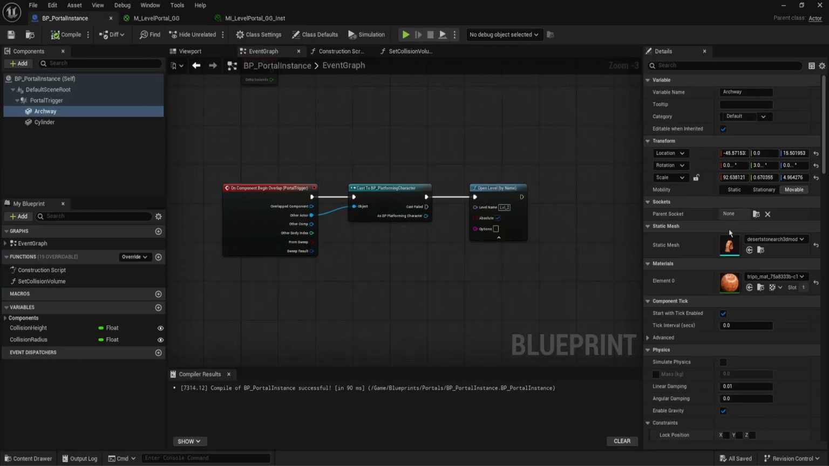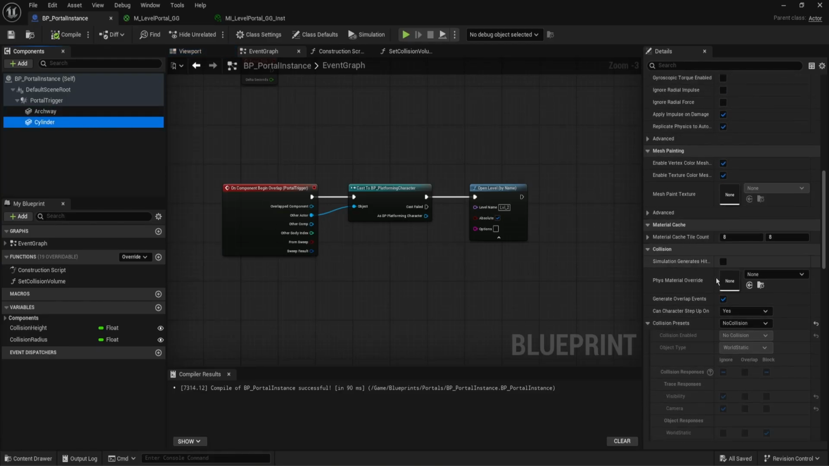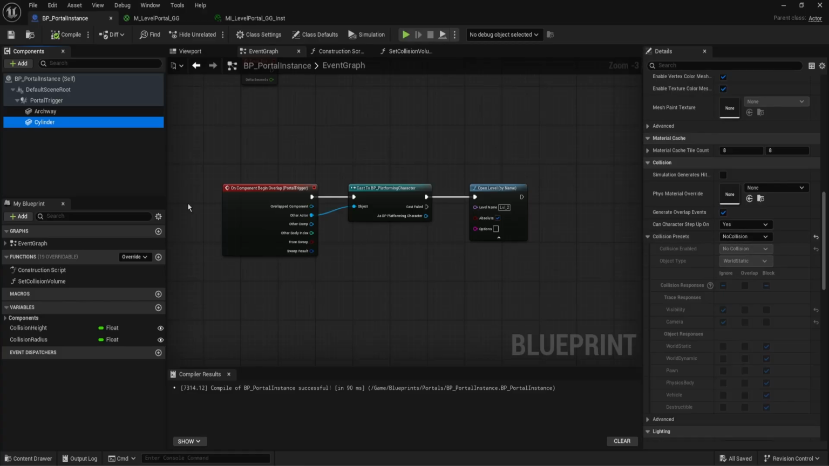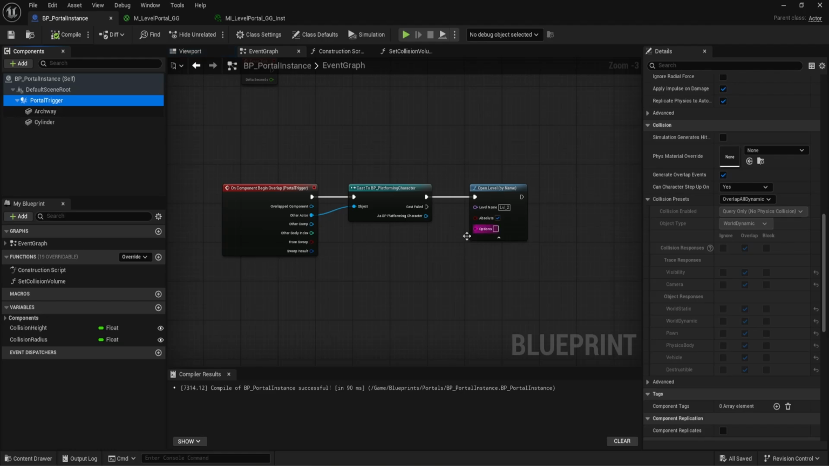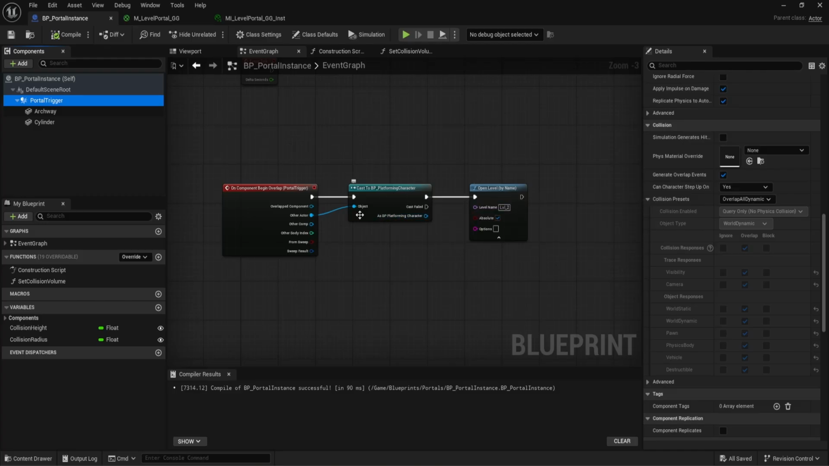And I had to come back over here to the cylinder. I had to make sure that the collision on the cylinder had no collision. I had to make sure that the archway had block all dynamic. This way, the collision works properly so we don't run through the wall part of the portal, but we can run through the portal, right? That's the idea there. So coming out of this into the cast to BP platforming character into the open level,